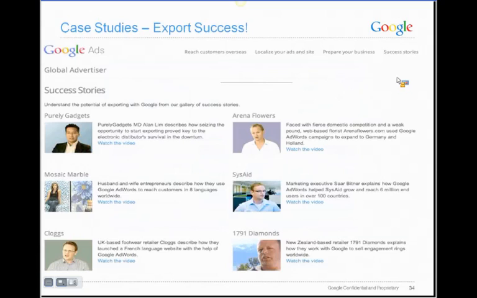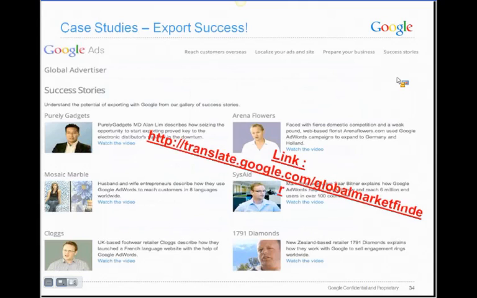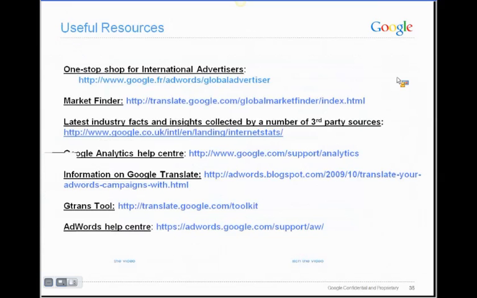Another useful resource is our case studies. These case studies can be found at the following link. Finally, here are some